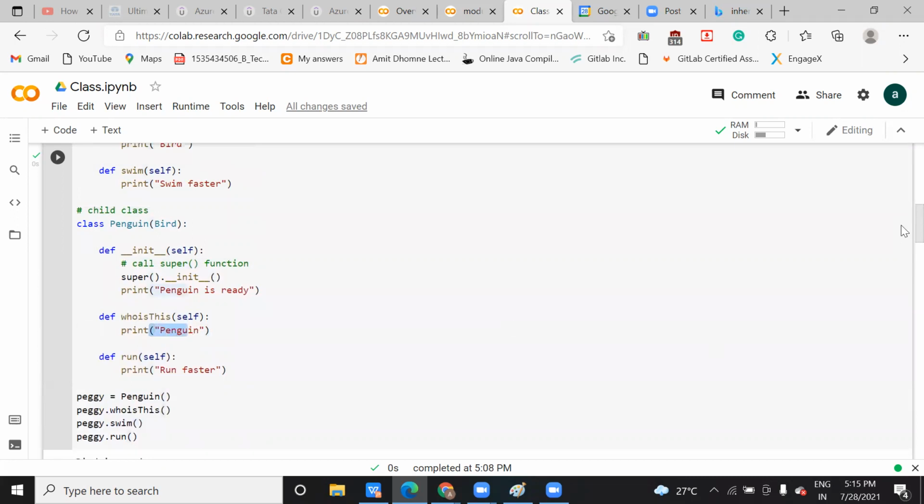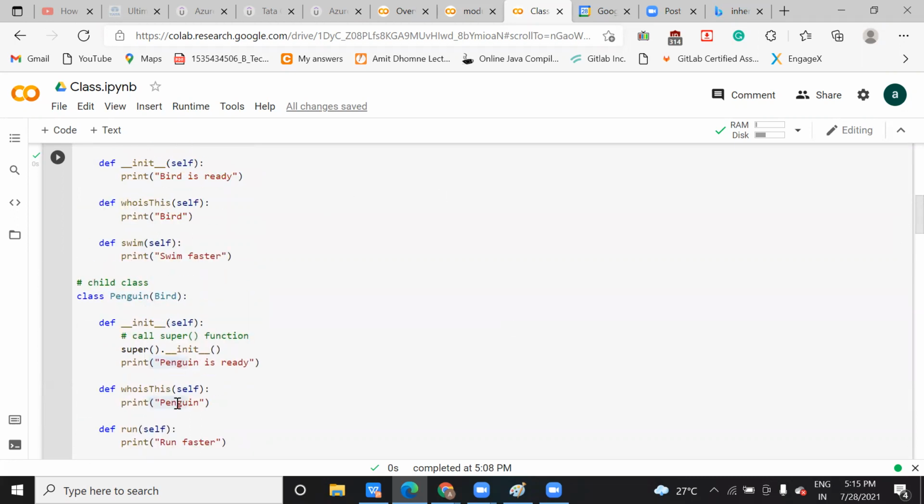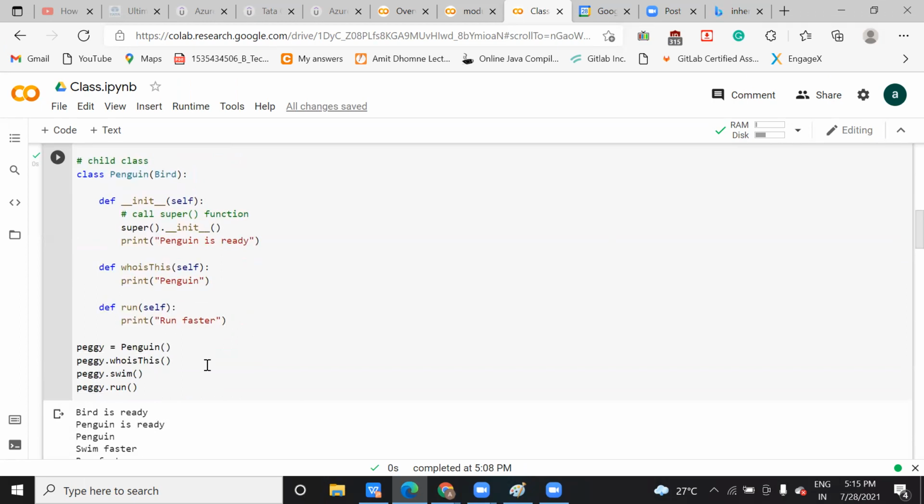We have two whoisthis functions, right? Bird and this one also. You can see this, but it will print this one. Why? Because you have created an object of this class. Okay. Now the next thing is you are going to call the swim function. So with that swim function, it will print.